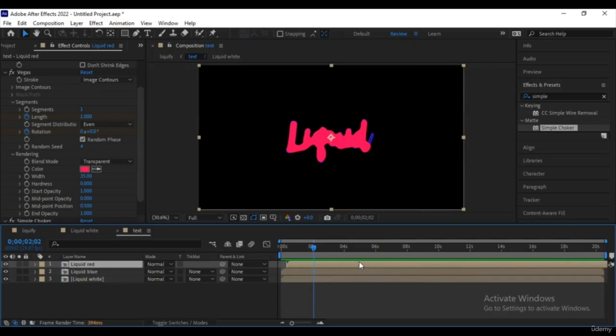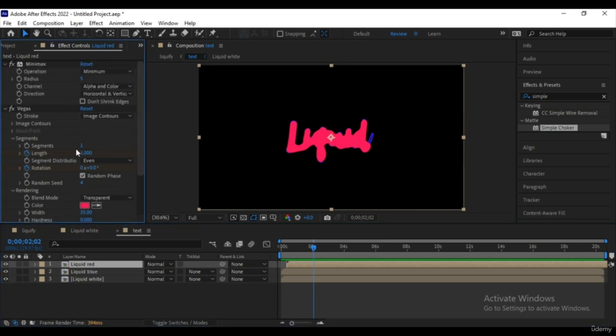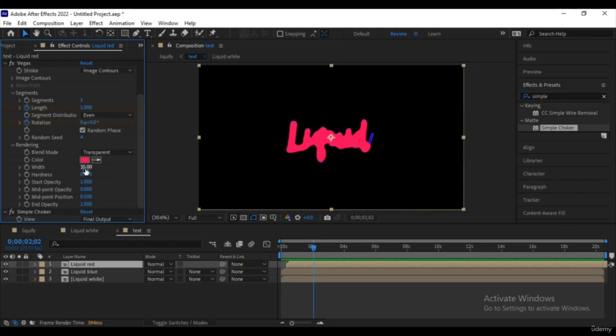You can always go back to the liquid red composition by double-clicking on the text composition, and we can always change the effects in the effect controls.